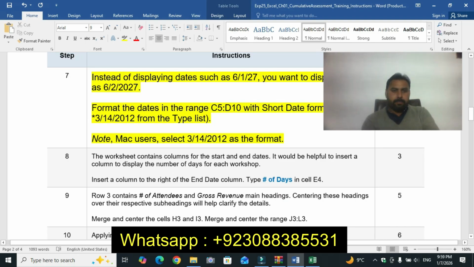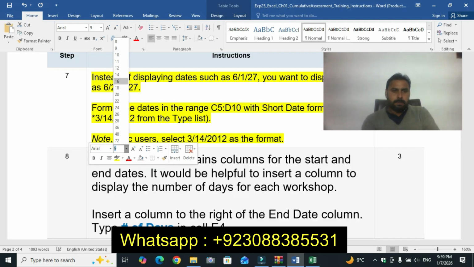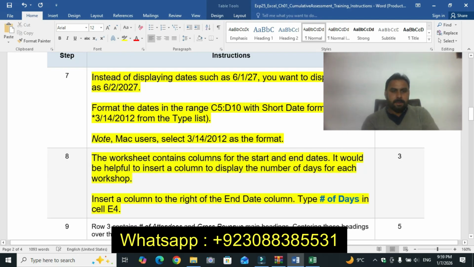Point number 8. The worksheet contains columns for the start and end dates. It would be helpful to insert a column to display the number of days for each workshop.